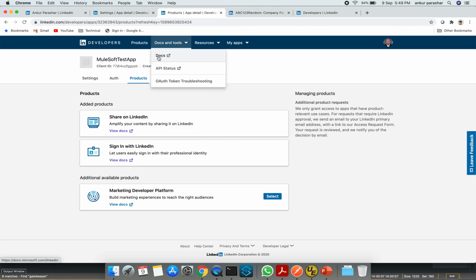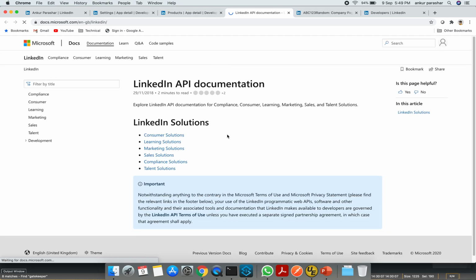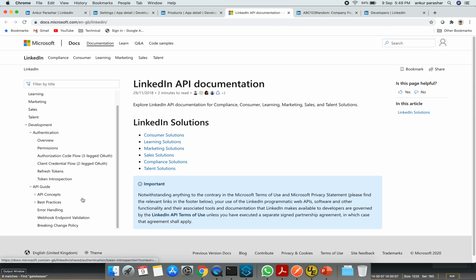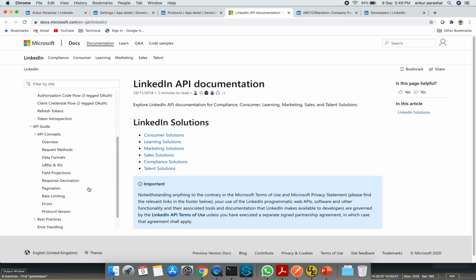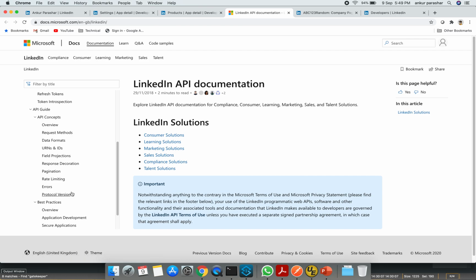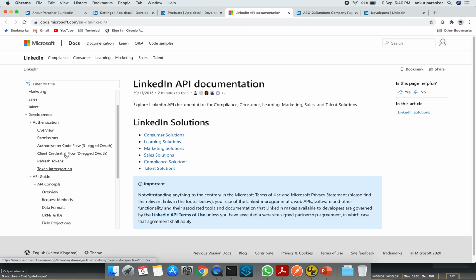You can go to the docs and have a look at the different APIs which are available. Click on development, authentication, maybe the API guide, API concepts. There are a lot of things available. You can check out this authorization code.